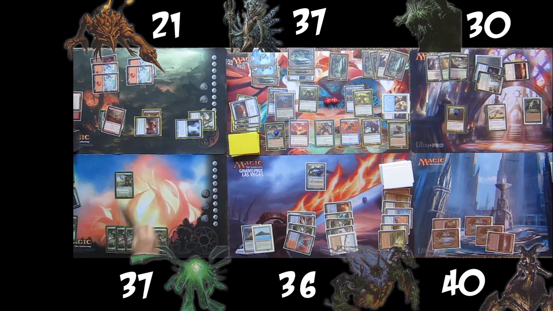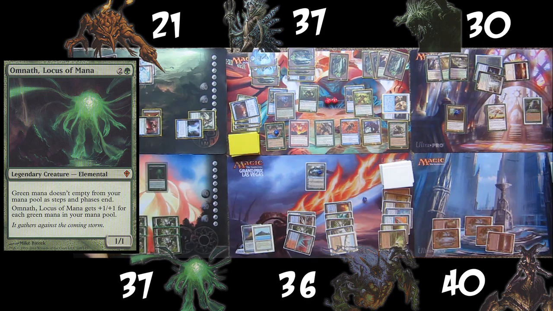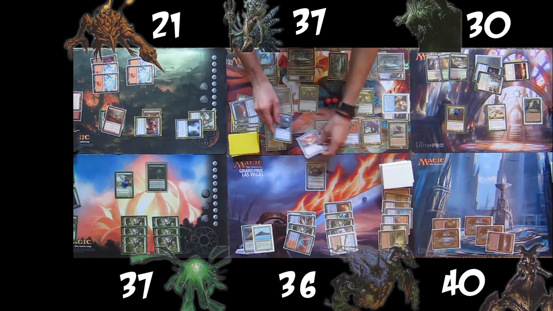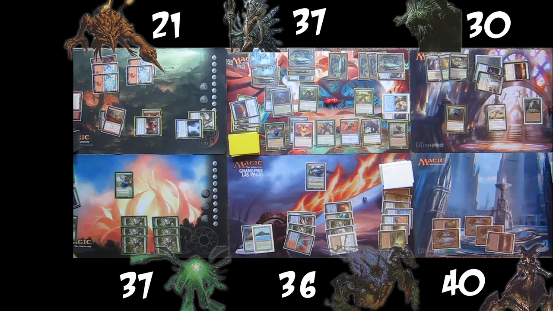Omnath recasts Draga Treespeaker and levels it up once and recasts Omnath. At the end of Omnath's turn, Zegana blinks Deadeye Navigator, and when it comes back, pairs it with Inferno Titan, and then blinks the Titan. When the Titan enters the battlefield, it deals 2 damage to the Treespeaker and 1 damage to Omnath, killing both